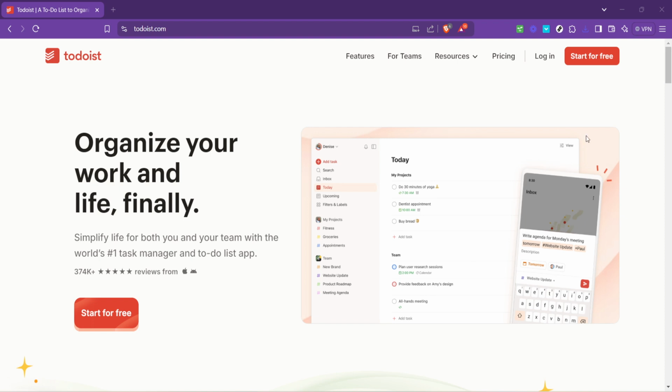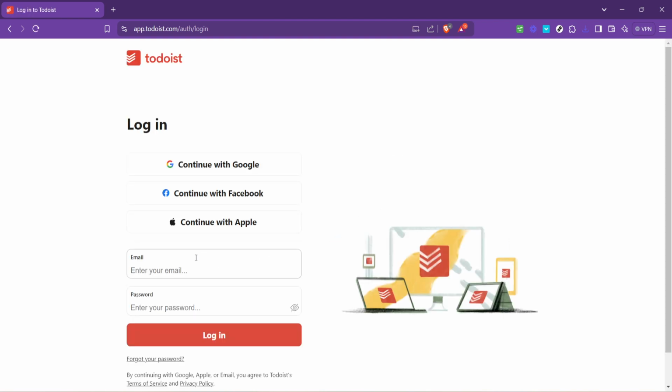First things first, you'll need to log in to your Todoist account. Open your preferred web browser and head over to the Todoist website. Look for the login page, and once you're there, it's time to input your credentials. Start by entering your email address. Make sure it's the one you used to sign up for Todoist, as this will be the key to accessing